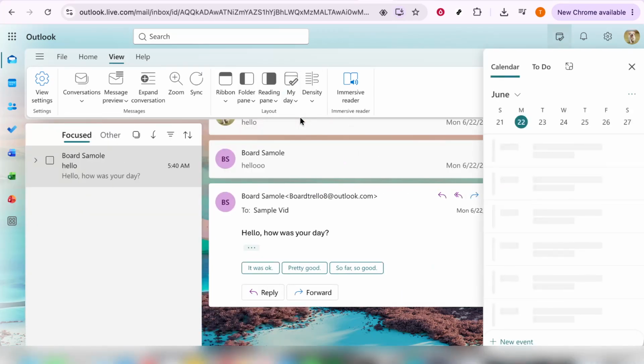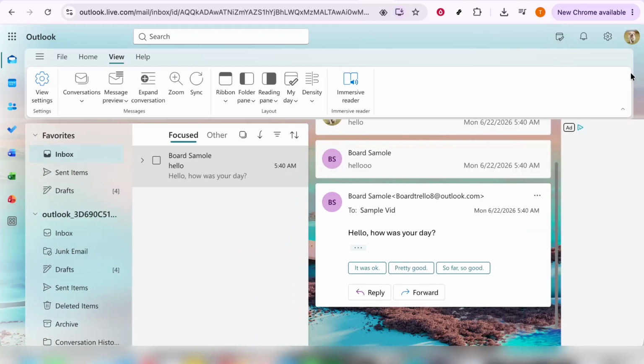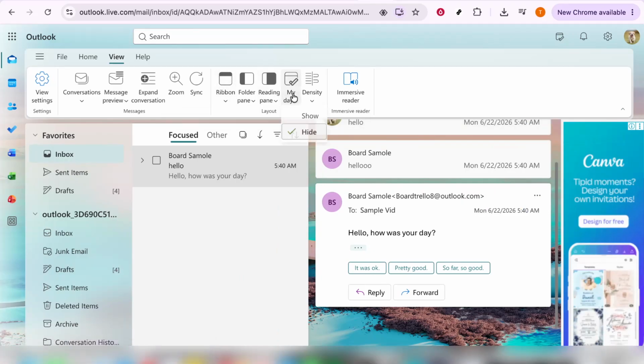Click on the View tab and you'll notice that a new set of options appear just beneath it on the toolbar. Among these options, one particular feature you want to find is labeled My Day. Now, this might not stand out immediately, but it's denoted by a small calendar icon with an arrow. The My Day feature is incredibly handy. It allows you to integrate your daily schedule directly into your Outlook experience without having to toggle back and forth